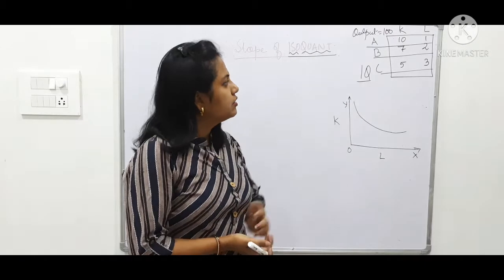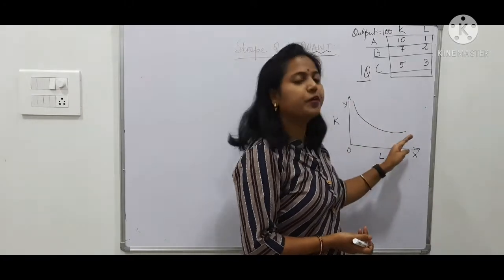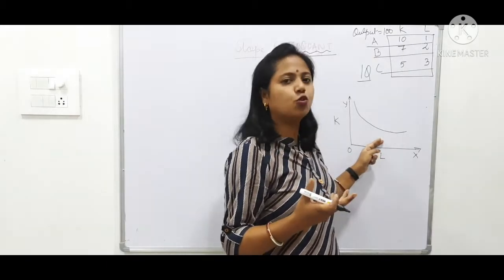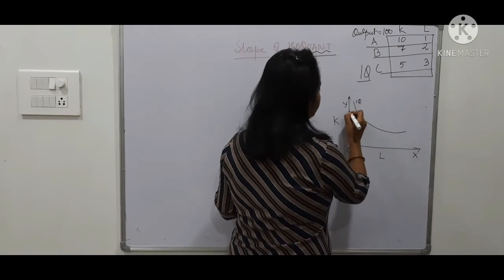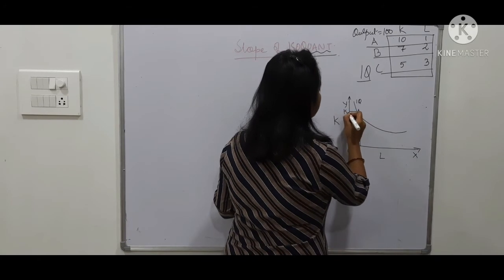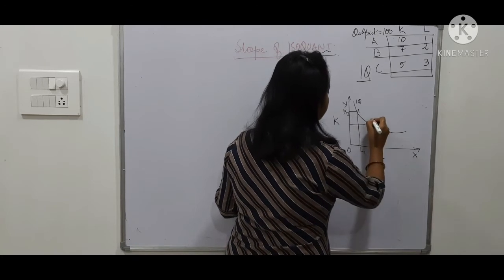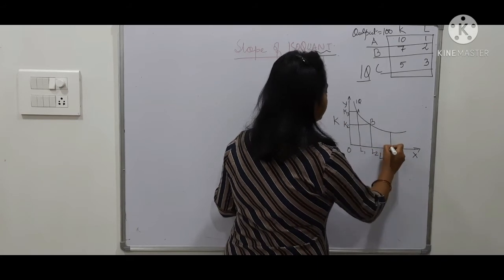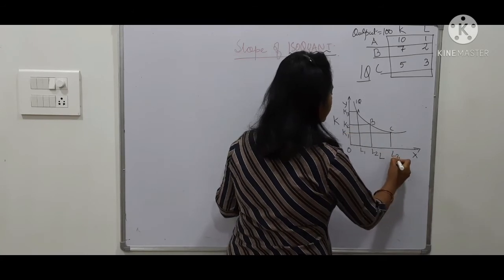Okay. The same thing, when I show it in the form of a curve, looks like this. It is a downward sloping curve. We have already seen in some of the previous videos why it is downward sloping. Okay. Now this is an isoquant IQ, which represents different combinations of capital and labor. Suppose this is my combination A which uses K3 amount of capital and L1 amount of labor. This is my combination B which uses K2 amount of capital and L2 amount of labor. And this is my combination C which uses K1 amount of capital and L3 amount of labor.